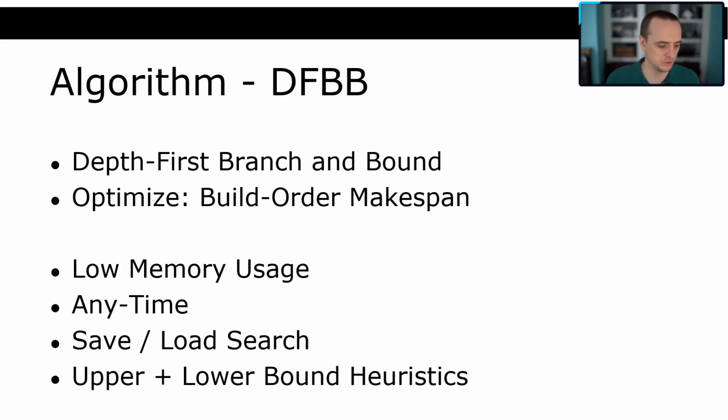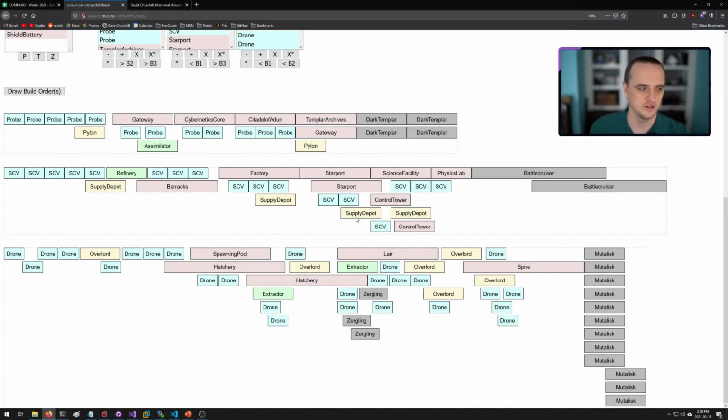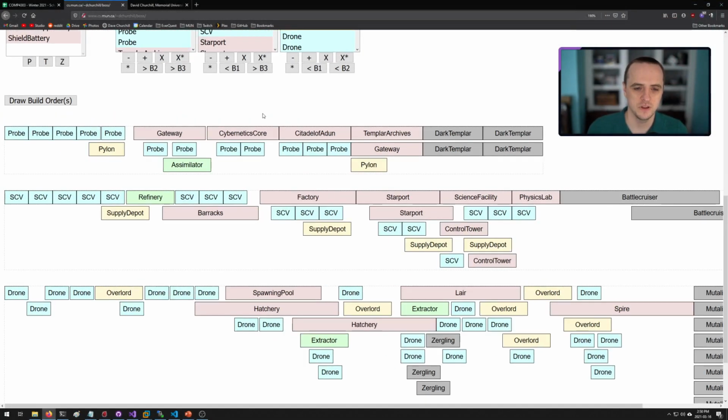This is a really cool thing. If I go back quickly to this screen, remember when we did heuristics for our search algorithms? Well, let's think about this. If I want to build a Dark Templar, right? When we did A star search, our heuristic guess at how long we have to go to the goal was like the Manhattan distance.